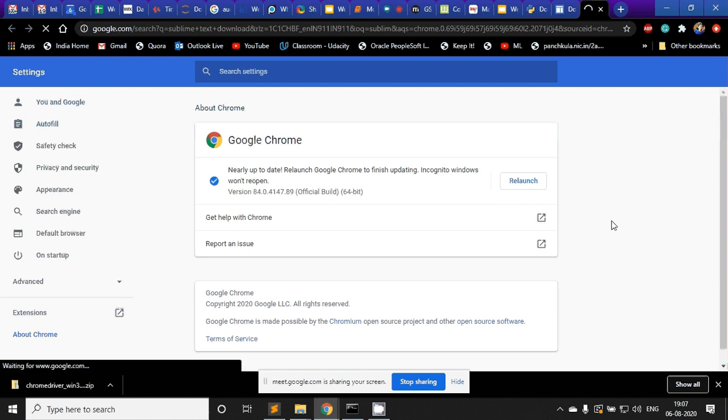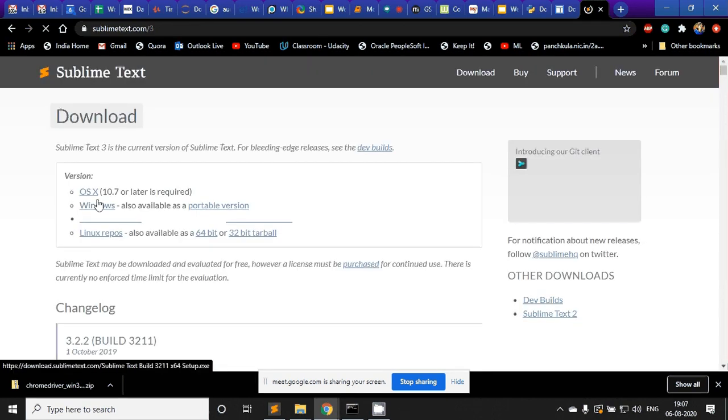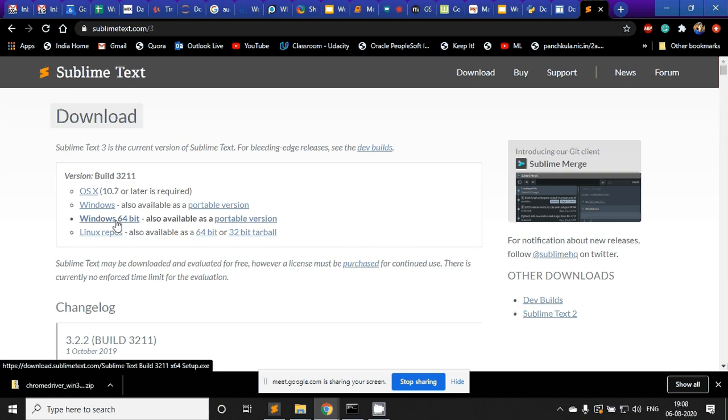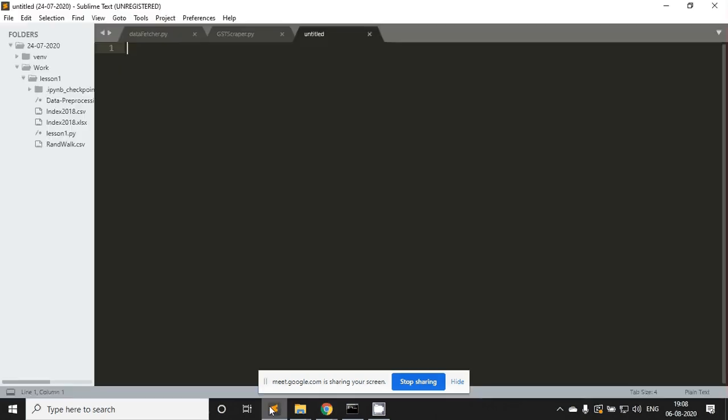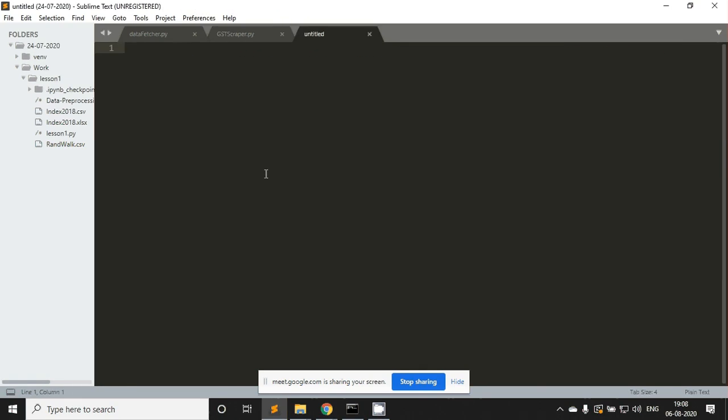You can come here and download for Windows 64, whichever version you're using for Windows, and this will open here. This is the text editor that we will use to write some of the scripts as a part of these tutorial sessions, and it has its own benefits which we will not discuss right now, but it makes coding very easy. So we will use this text editor.